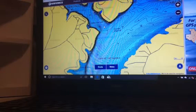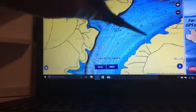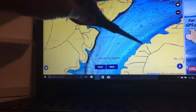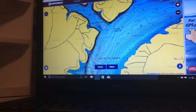Another thing we're catching some fish on, like I said, is the main lake flats. If you go the creek channel side on this side, then on the other side you've got a flat side. You can see this light blue area right in here. That's your main lake flat. So we're pitching these docks,